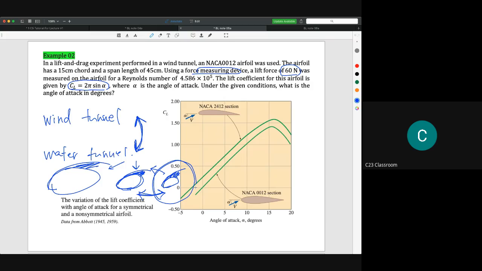Okay, to overcome this problem, you may use a water tunnel, because a water tunnel can be conducted by using a small object, because the density of water is extremely high compared to wind. So it is 1,000 kilogram per meter cube compared to air, which is 1.23 kilogram per meter cube. The viscosity of water is quite high, so it means that the boundary layer effect is actually